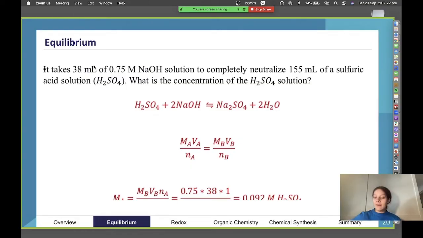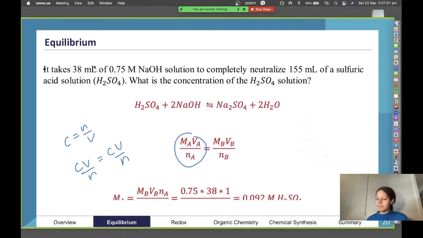It's important that we have a balanced equation as well, because we have 2 hydrogens, which means that we're going to need 2 base molecules for every acid molecule. So the next thing we can just calculate from there. The main equation that we're using is C equals n over V. For one side of the equation, we can rearrange to make it look like this. We have CV over n equal to CV over n of the acid and the base, because to neutralize, we have equal moles of acid and base. So that's how we can put those things together, because the number of moles there are equal.